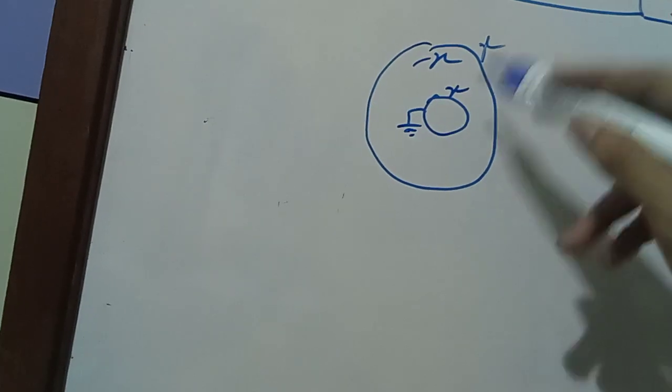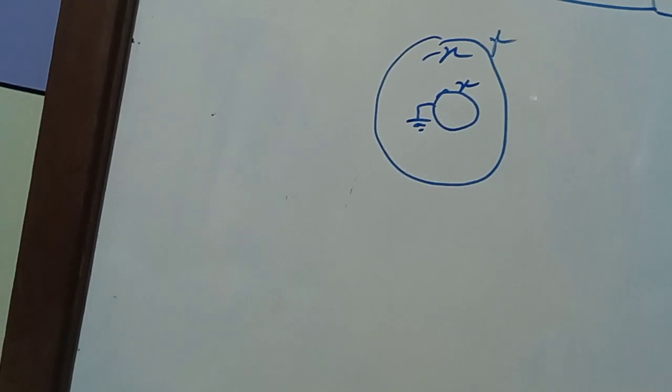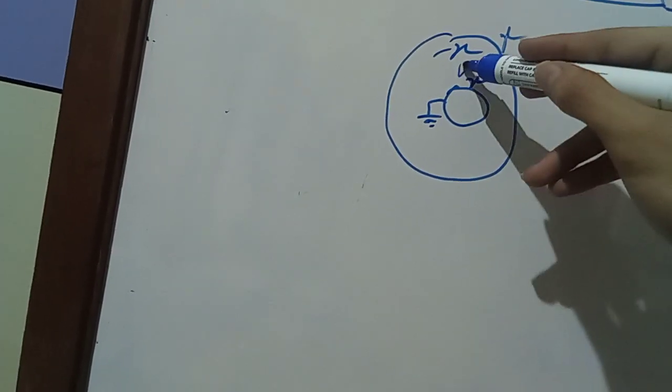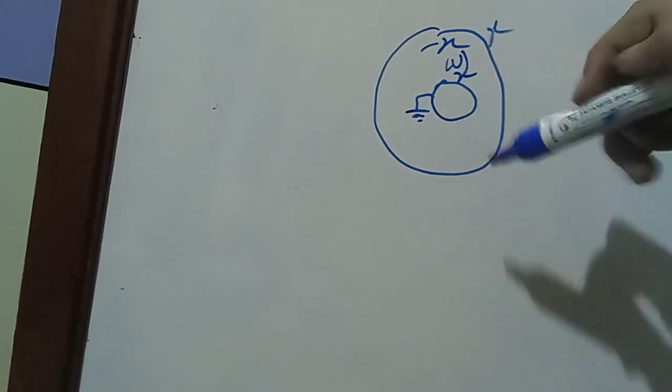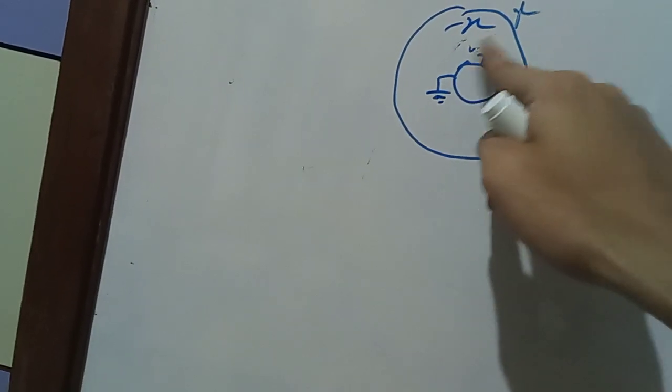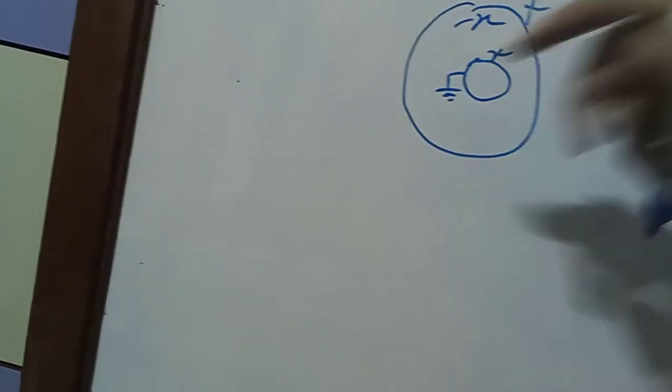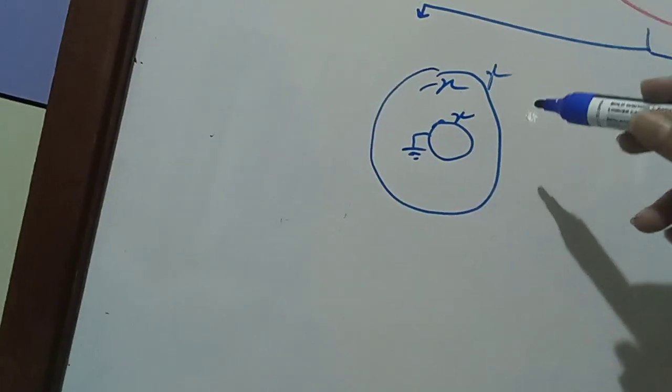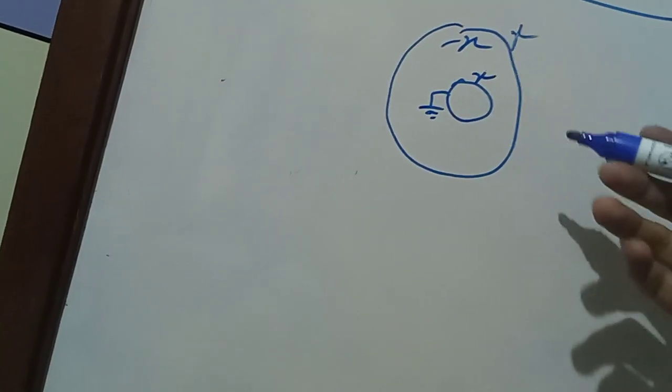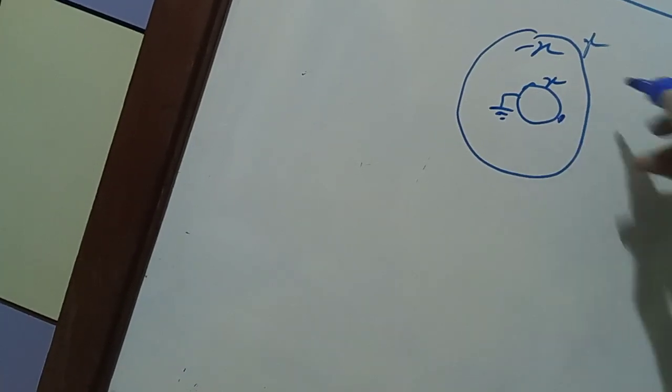So obviously this x will be uniformly distributed. This minus x, I'm going to erase because it's looking weird and congested. This x is uniformly distributed, obviously, because there is no other charge,